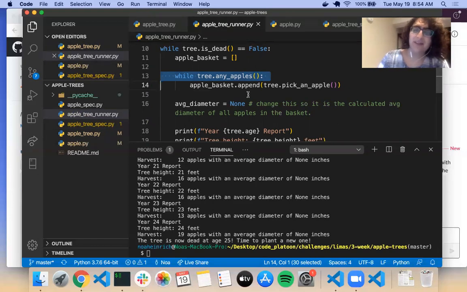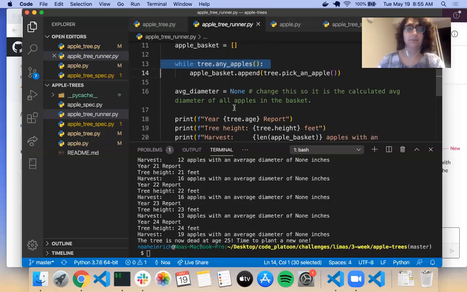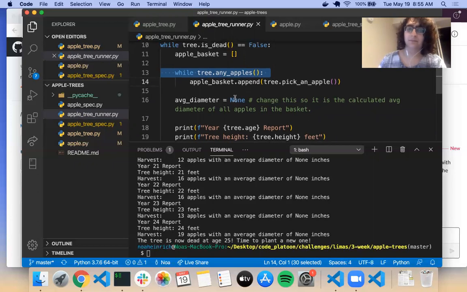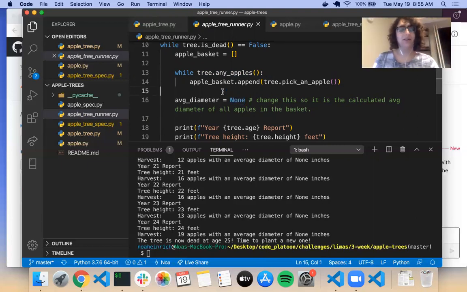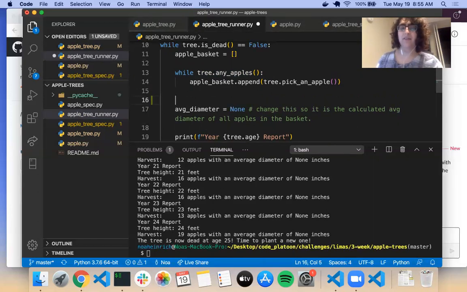All right, so in this case, this is less of an object-oriented program. This is more of a math problem, right? How do we calculate the average of a number of apples in a basket? Add the diameters together and divide it by how many apples are in the basket. Yep. So if we wanted to get the sum of all of the diameters of the apples, we might need to do something like